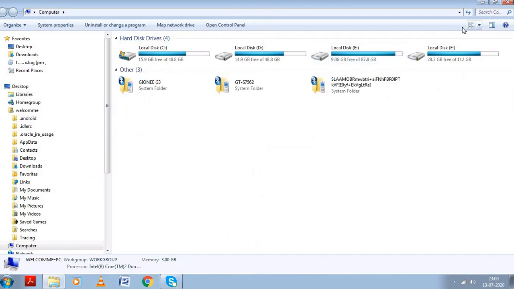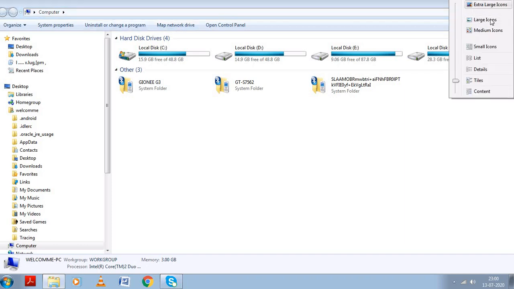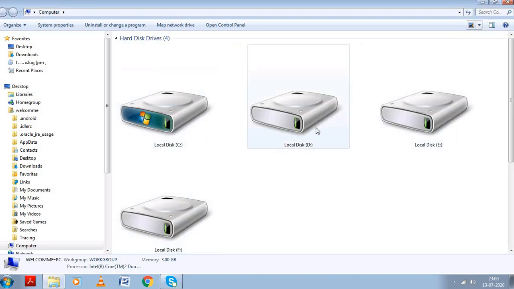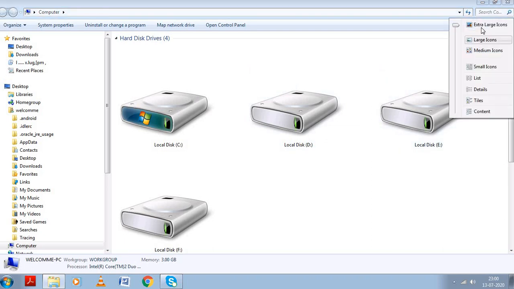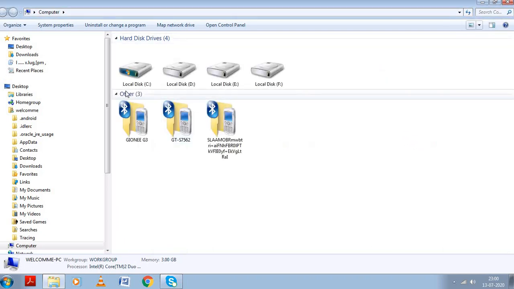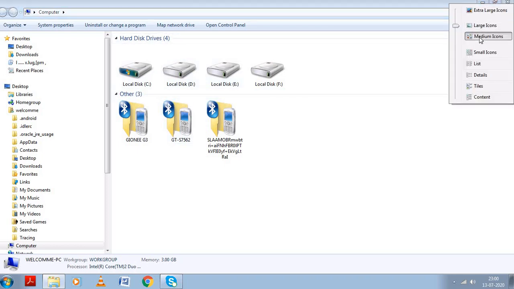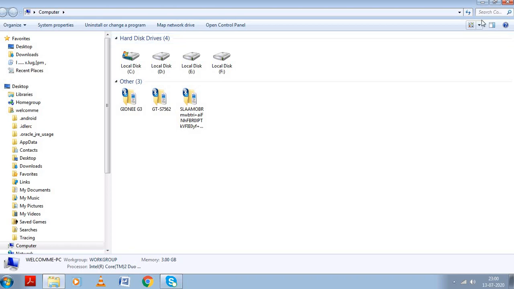For example, you can see here options like extra large icons, medium icons, small icons, etc. If I click on extra large icons, your drives or your data inside the particular folder will be shown in large icons. If you click on large icons, it will show you smaller icons than extra large. Medium will decrease the size of the icons again.